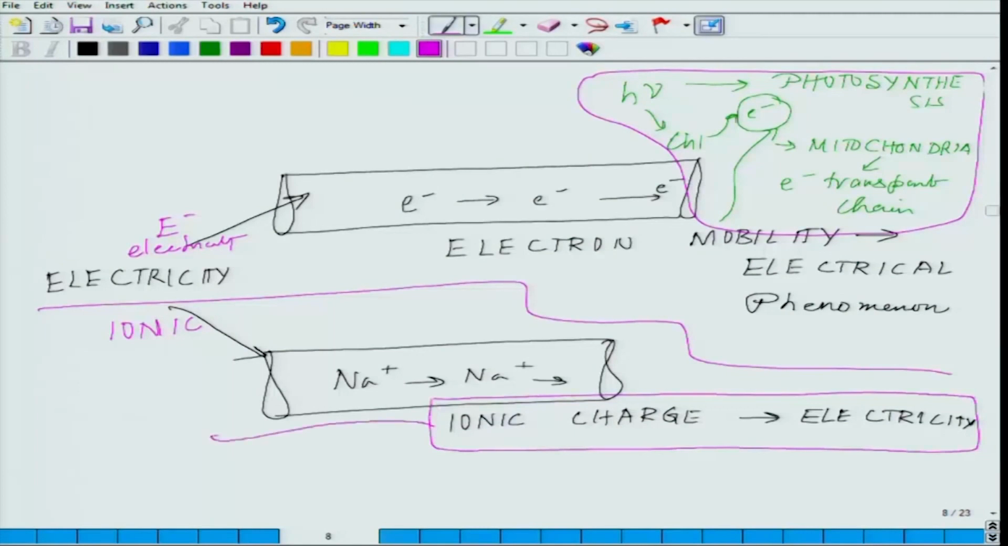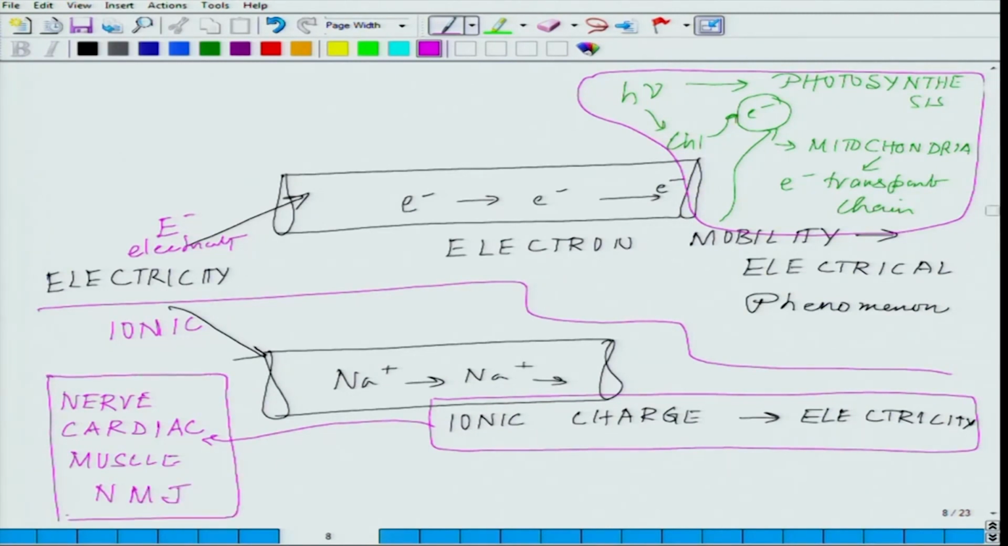This is seen all over the place in the nerve impulse, in the nerve, cardiac system, in the muscle, in the neuromuscular junction. I am just putting it as NMJ. Okay. So, all over the place you see ionic charge mobility. So, these are the two forms of electricity which we will be dealing with